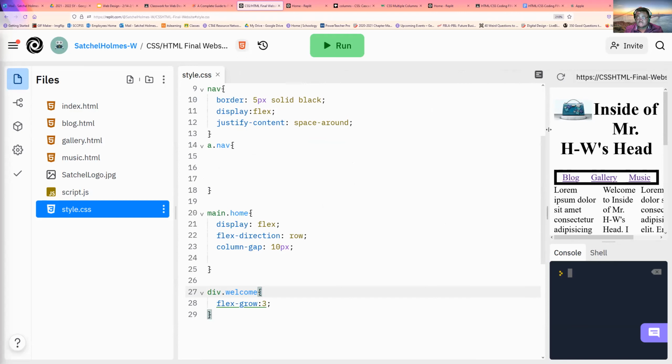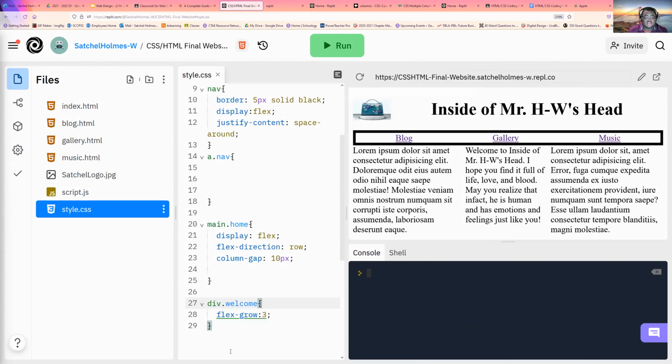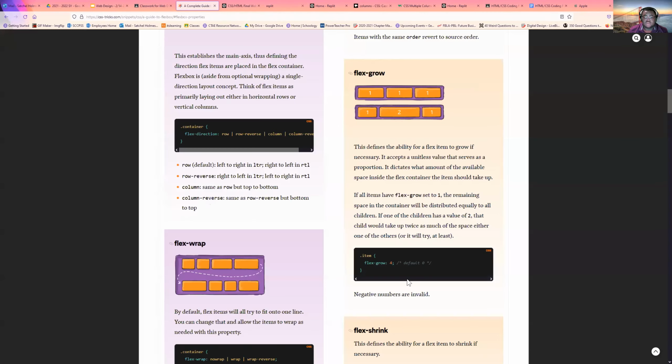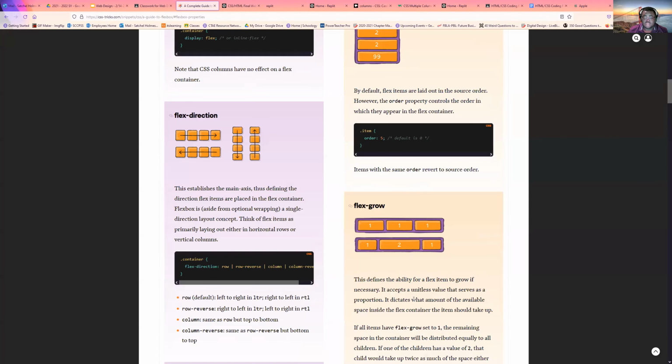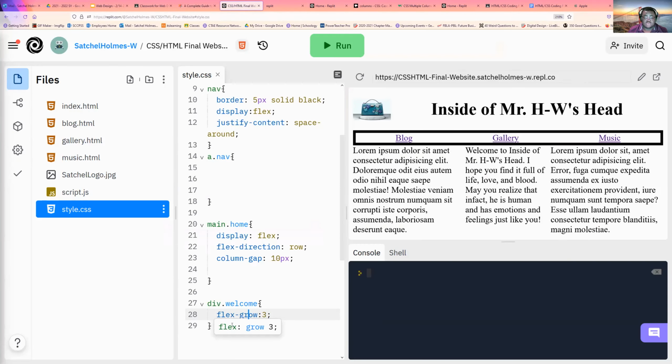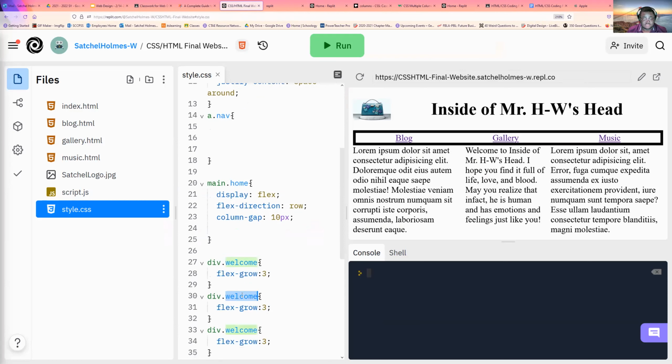So sometimes this does work a little bit finicky because I'm sitting here like, okay, that's what they want me to do, right? So it's flex dash grow, okay. And then also maybe I need to give the other ones a property too. So I'm going to do div.home. Give this one 1. And give this one a flex grow. Now when I run this,